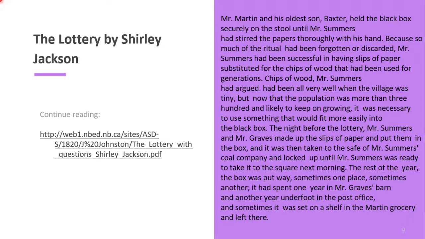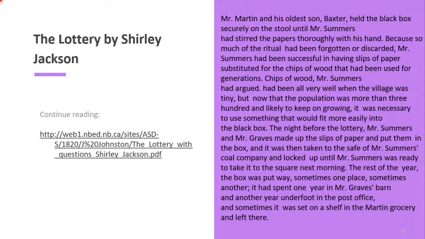Mr. Martin and his oldest son, Baxter, held the black box securely on the stool until Mr. Summers had stirred the papers thoroughly with his hand. Because so much of the ritual had been forgotten or discarded, Mr. Summers had been successful in having slips of paper substituted for the chips of wood that had been used for generations. Chips of wood, Mr. Summers had argued, had been all very well when the village was tiny, but now that the population was more than 300 and likely to keep on growing, it was necessary to use something that would fit more easily into